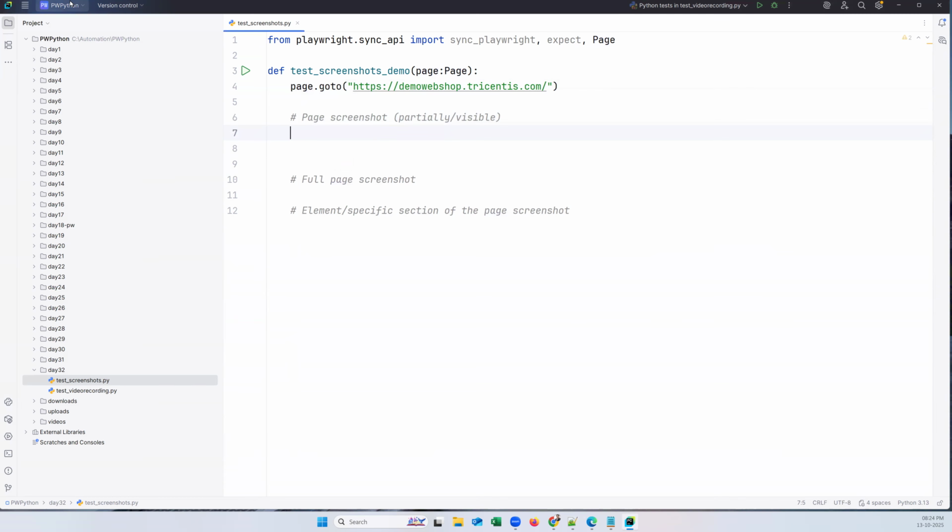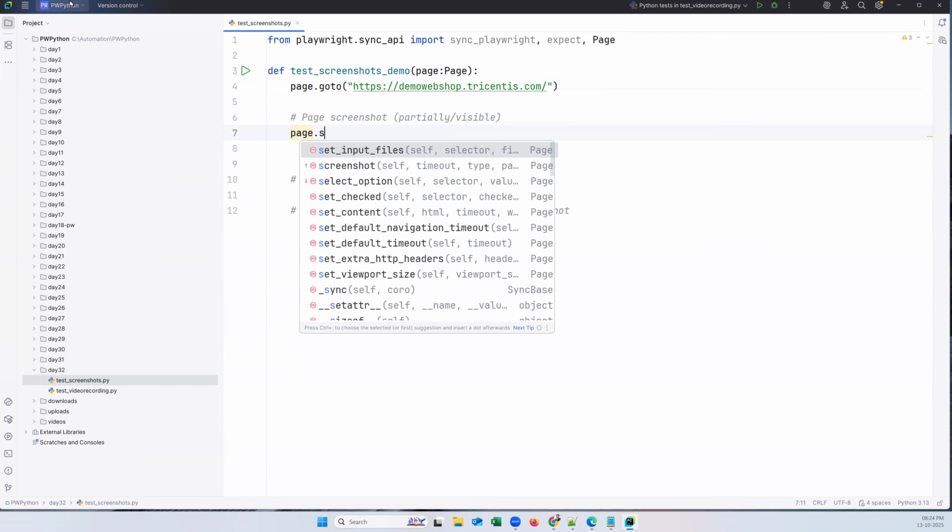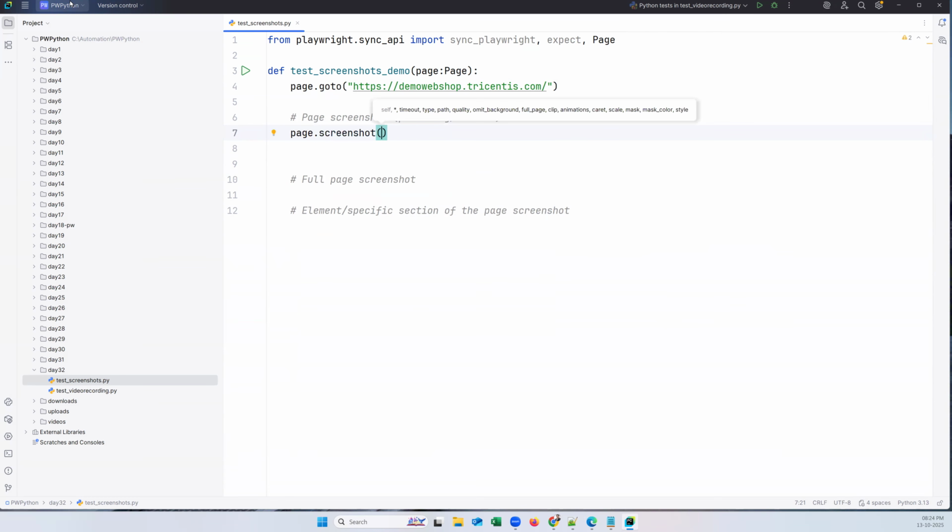So by using this page, we have one method called screenshot, page.screenshot, a direct method. In this, we can pass a path. So where do you want to keep the screenshot of the test? For that, we can simply specify it using the path variable. Path equal to, in the double quotes, we can specify where exactly you want to create the